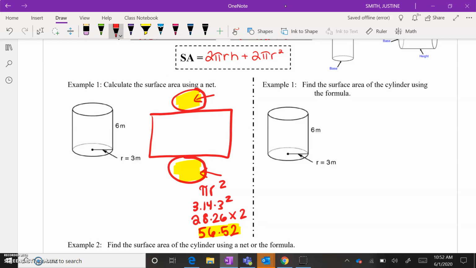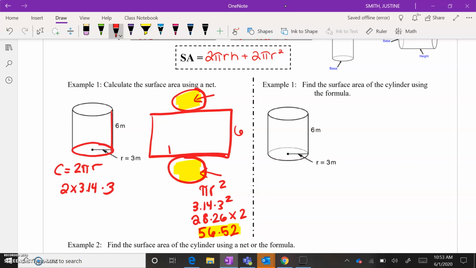For my rectangle, this would be a little bit trickier. So I know the height is 6. But to figure out what this distance is here, if you think about this, this would be the circumference of the circle, right? Because this rectangle wraps around the circle. So the outside of the circle is the circumference. So I'd actually have to do 2 times pi times the radius, which is the formula for circumference, to figure out this length here. So 2 times 3.14 times 3